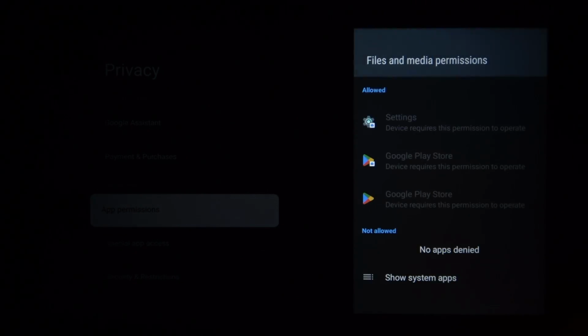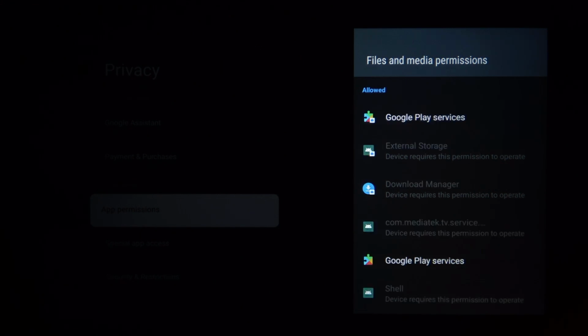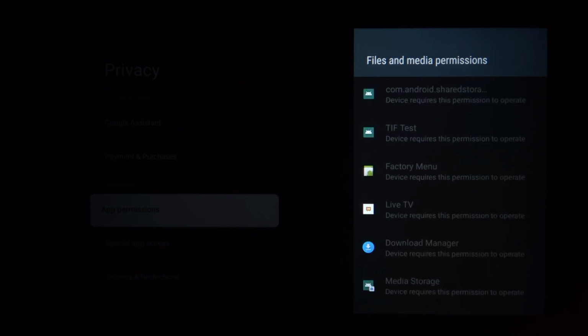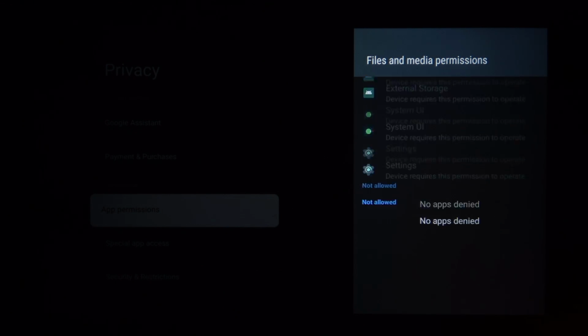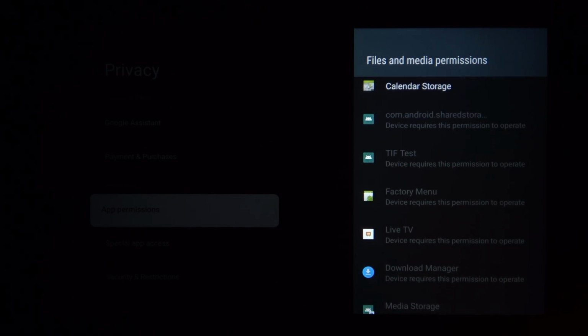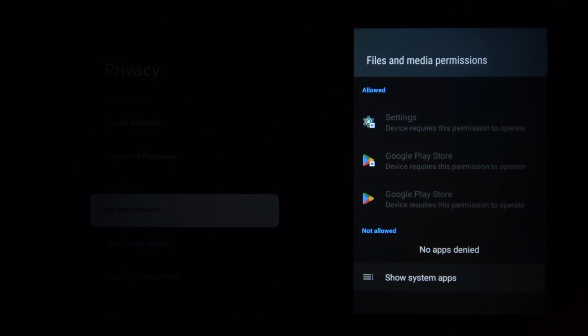for example files and media, and now you'll see which apps are allowed and which are not allowed. You'll also see system apps once you click on show system apps. You can see that all system apps currently are allowed from what I can see, and most of them cannot be disallowed. Then in allowed I also have 3 apps that are required to, like, the permission is required to